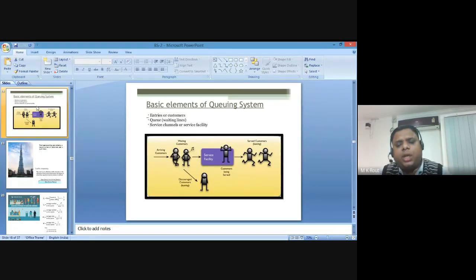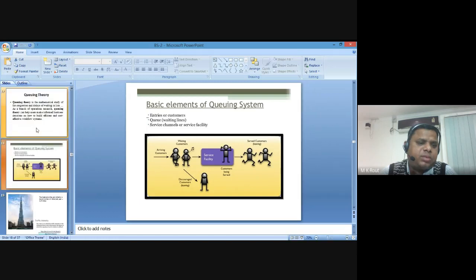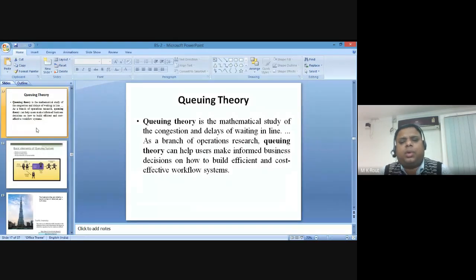In a particular day, around 500 customers will arrive inside the bank. They can easily provide the service, and after getting the service, customers will easily evacuate from the bank. And it happens due to the queue system. So if you go to the definition of queue systems, if you go to the queue theories,